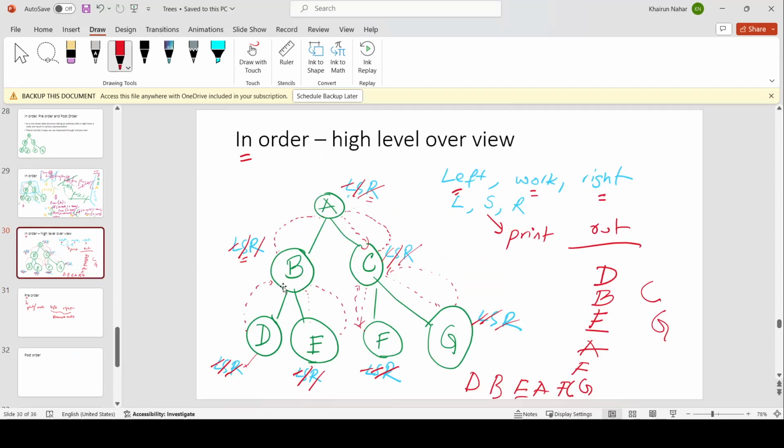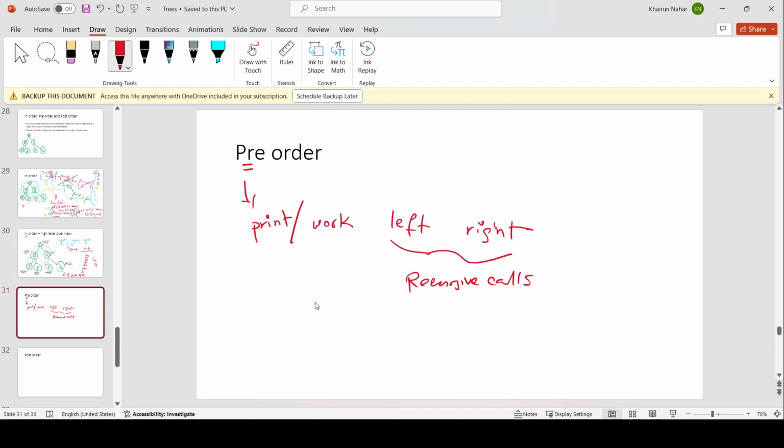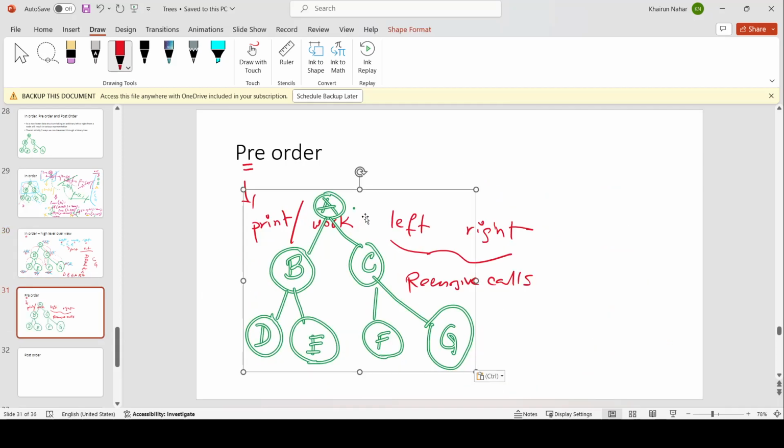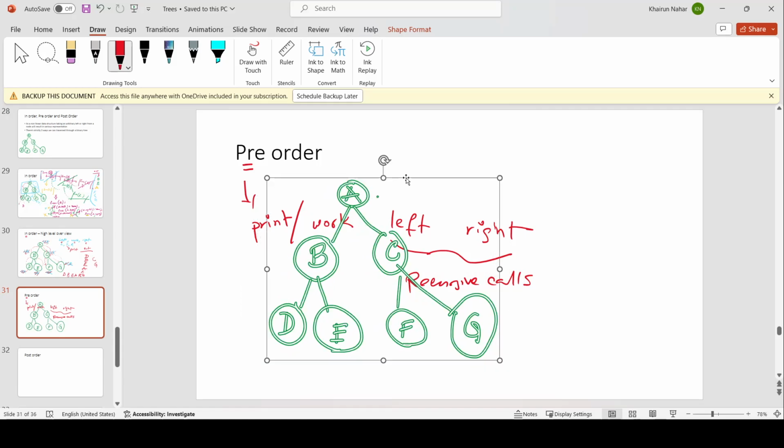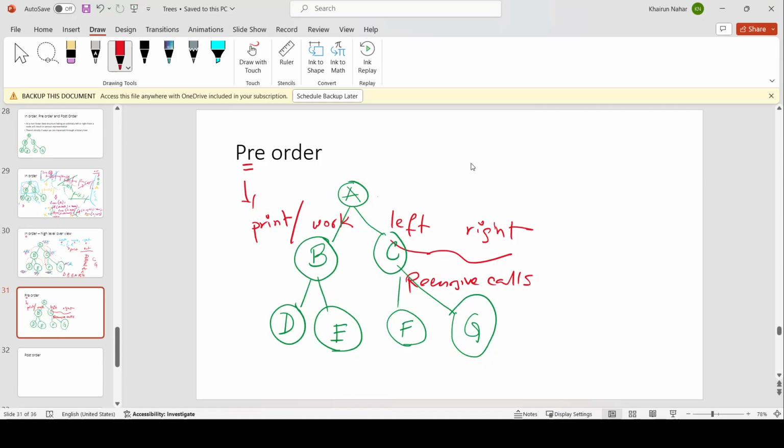Therefore, if I have to do a pre-order on the same tree, pre-order means work, left, right, so we call it SLR: self, move to the left and move to the right. So we do the exact same thing. We write SLR on every node